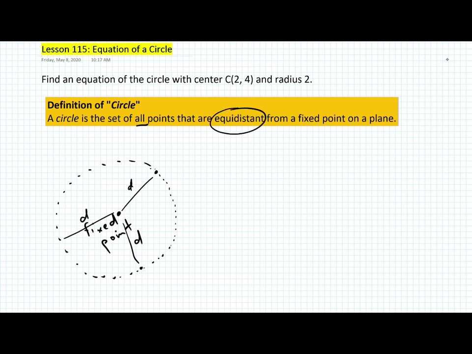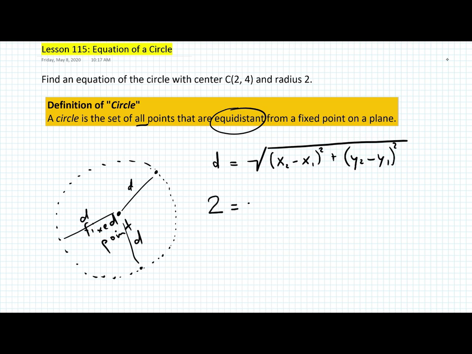When you think about distance, what comes to mind pertaining to coordinate geometry? Well, in this case, we think of the distance formula. So d is the square root of (x2 minus x1) squared plus (y2 minus y1) squared. Now we can apply the same thing here. We know that the radius is 2, so in this case, d will be the radius. So let's call it 2, and that is equal to the square root of